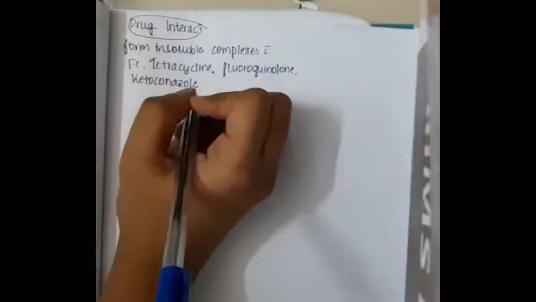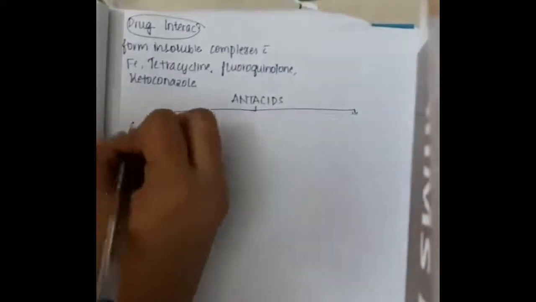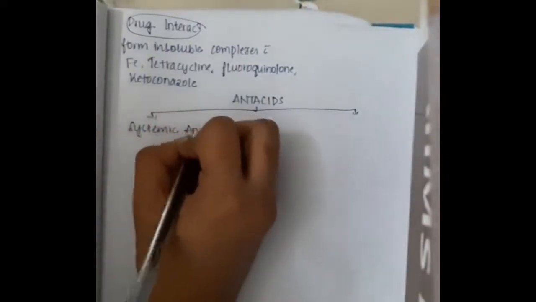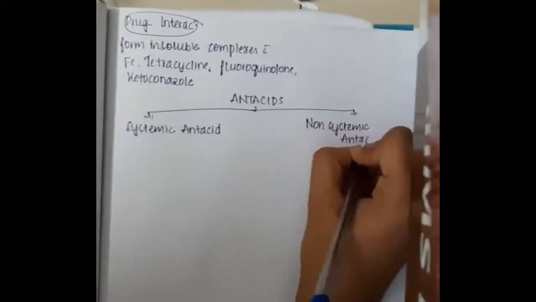So first, antacids are of two types. One, we have systemic antacids. Second, we have non-systemic antacids. In the systemic antacids, we have sodium bicarbonate and sodium citrate. Sodium bicarbonate is very effective and it has rapid neutralization. But now,